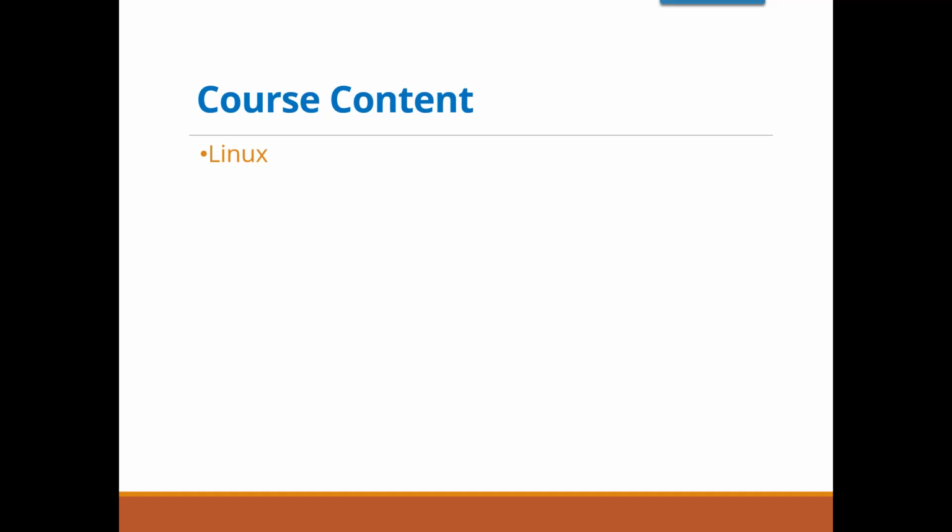So let's see what we are going to learn in this DevOps. First, as I told, Linux, because we are working on Linux servers. Now here we are using a mouse, keyboard. We have a lot of users using a graphical user interface that we call GUI tools. But when it comes to Linux servers, they don't have a graphical user interface. Linux completely operates on the command line. And that's why Linux is more powerful. Why is it powerful? Because we can automate all the processes using the command line, and the execution of that is faster.